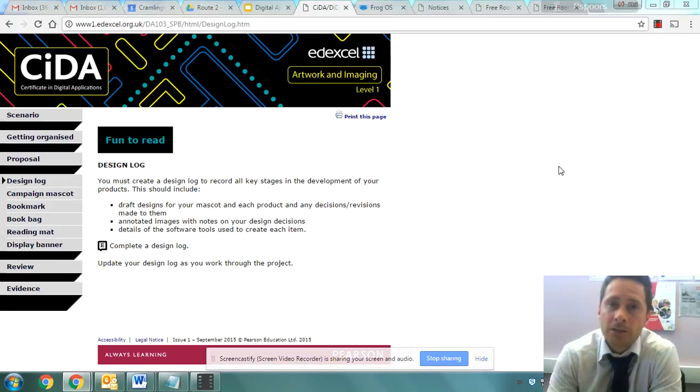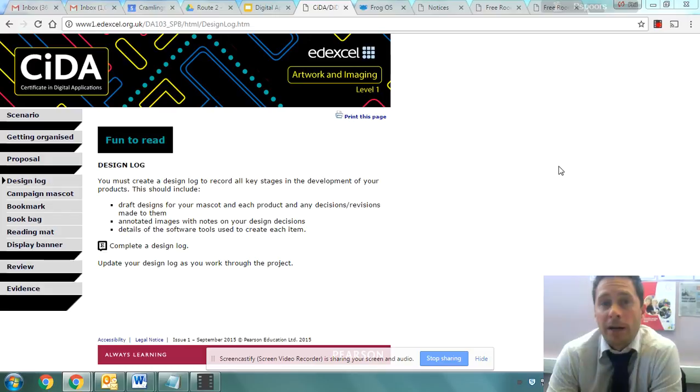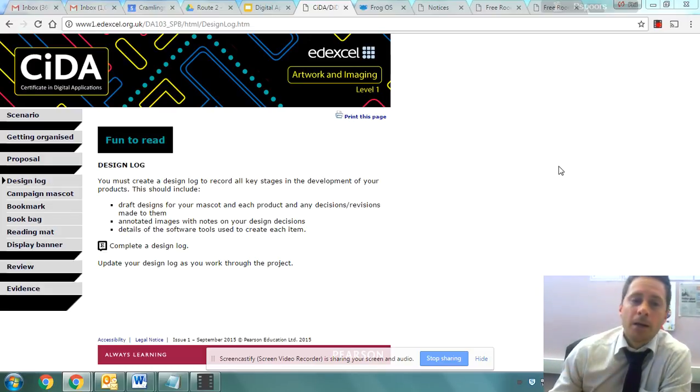If you take ICT next year and you want to practice doing the design log, have a go at this. If you want to skip it, then by all means do that, move on to the products. And if you run out of things to do at the end of the unit, it's always something that you can come back to. But the general idea behind this is recording the decisions that you make as you're designing things,